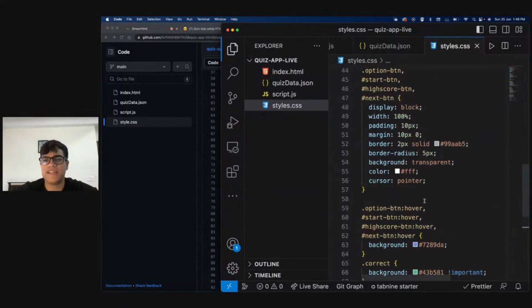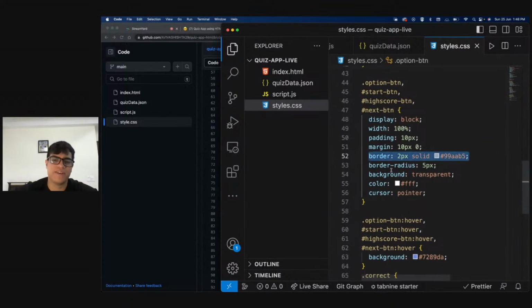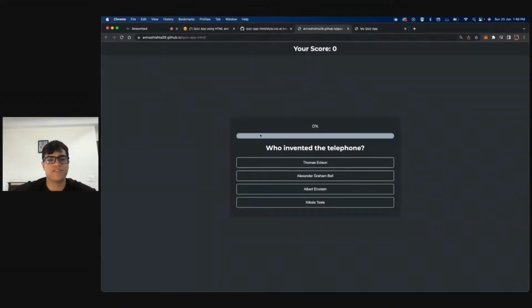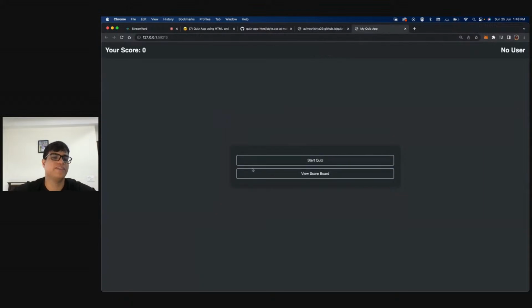So what this button styling means is that we have given a border to our button, we have given it a border radius, we have made sure that the color is white, and the text is in the center. We have done all of those things. This way, at least all of our buttons look a little better now. So this is how everything will be looking. Cool. So far, so good, right?